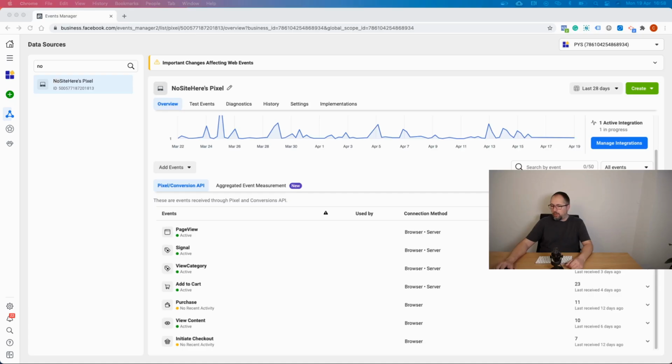I will just share my screen with you. Okay, so this is my events manager. This is a demo website. It's not a real website, so don't go there. And you can see right here, some events have a connection method browser and server, but some events only have browser. Apparently, you might think this event was never sent using Conversion API or server to server, but only using